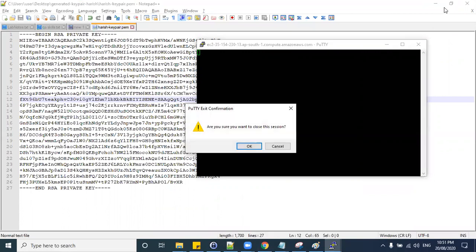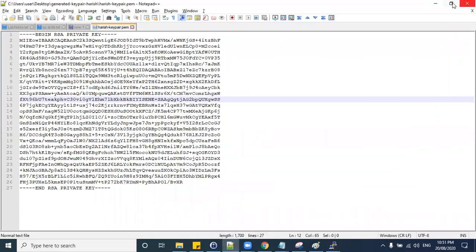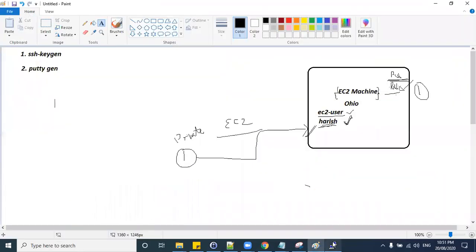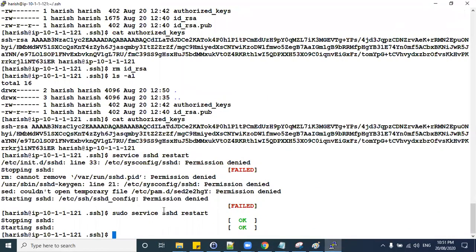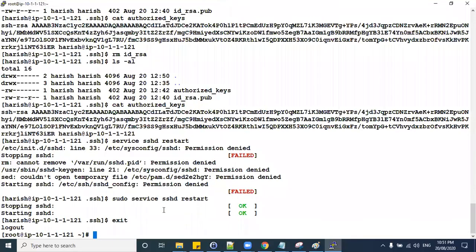Yep. So what we'll do, let us create one more user and see with a different method now. Exit. sudo.